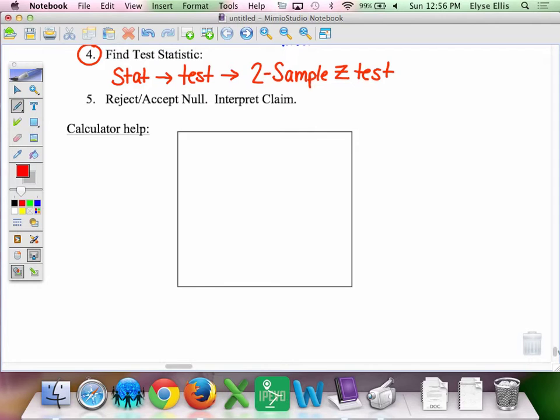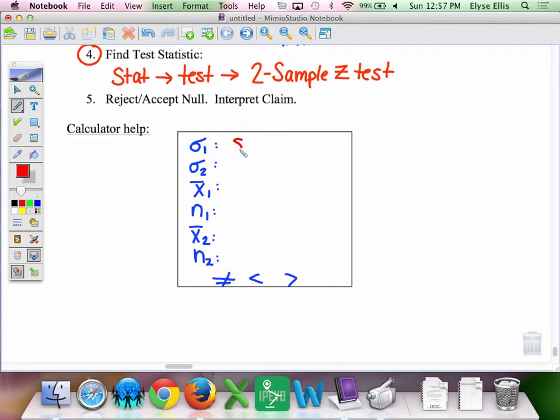Now when you get into the calculator, because there are 2 of everything, be really careful when you pull up that screen. When you pull up your 2-sample z-test, it's going to prompt you for a lot of different things. You are going to see sigma 1, sigma 2, x bar 1, n1, x bar 2, n2, and then you're going to see not equals, less than, greater than. The order is a little weird, but pay attention and make sure you're inputting the